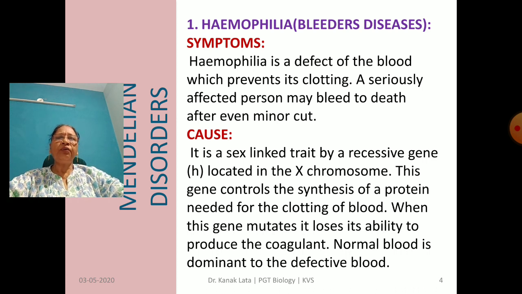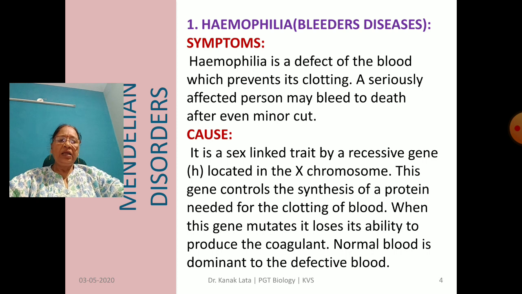First one is hemophilia, also called bleeder's disease. Let us see what are the symptoms of hemophilia. It is a defect of the blood which prevents its clotting property. So, a seriously affected person may bleed to death after even a minor cut. Hemophilia is a sex-linked disease